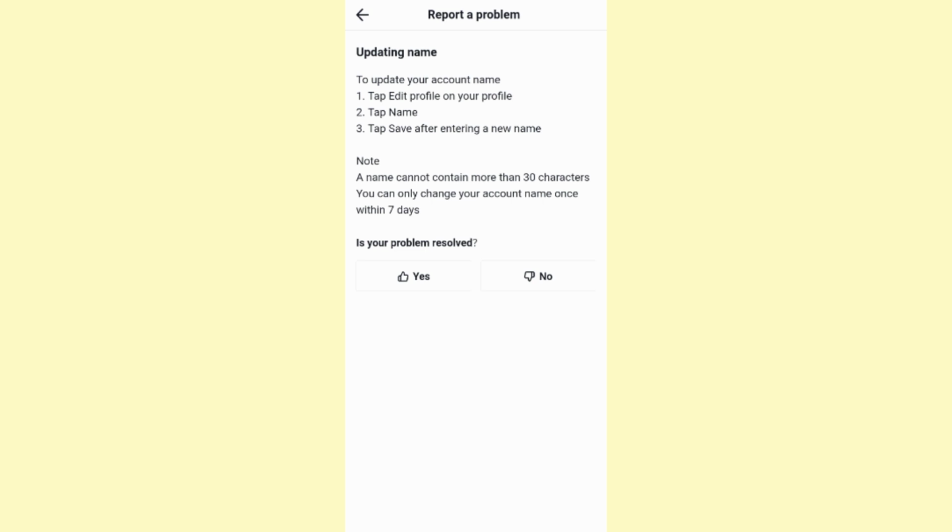and you will get to this page right here, in which TikTok give you some information about the name, etc., and how to change it. Now, at the bottom it asks you, is your problem solved? Click on no, and then click need more help. Once you do that, you will be redirected to a page, which is this one right here, in which we